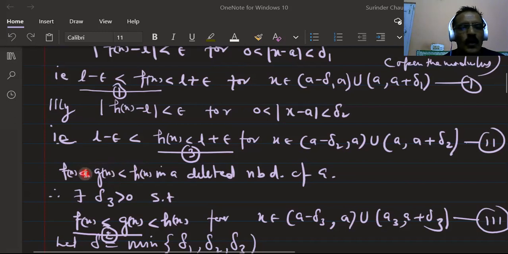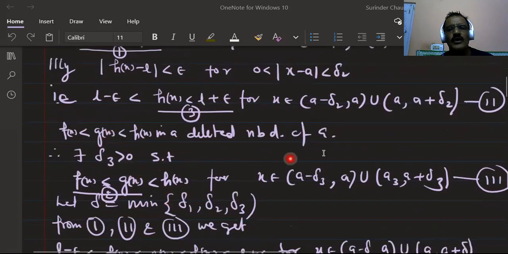So we are discussing that if the functions f(x) and h(x) converge to the same limit as x approaches A, then g(x) will also come to the same limit. So that's why it is the sandwich. The function g(x) is sandwiched between f(x) and h(x). So now when we choose the delta 3 deleted neighborhood of A, we can write this as f(x) is less than g(x) is less than h(x) for x belonging to the delta 3 deleted neighborhood of A. Now combining first, second and